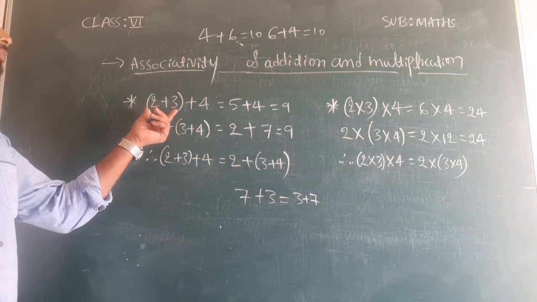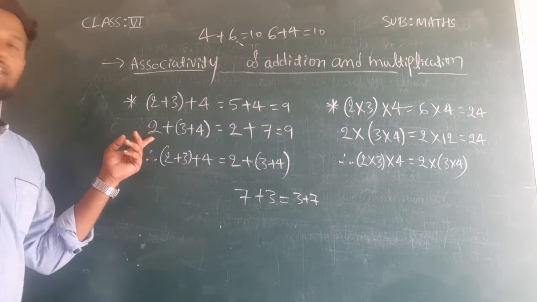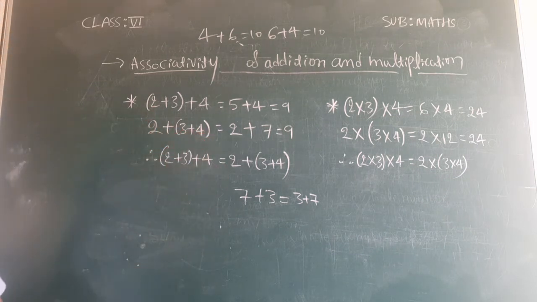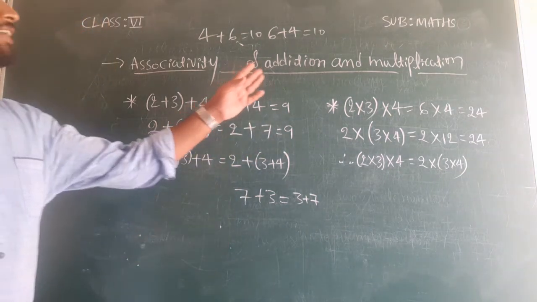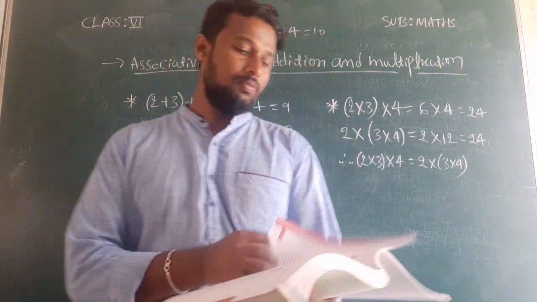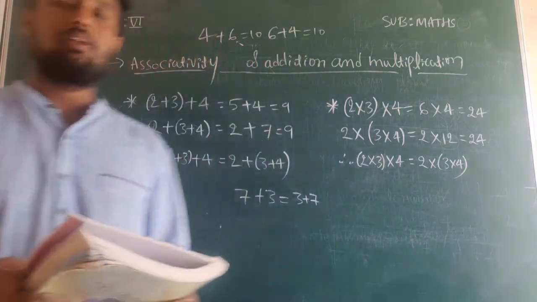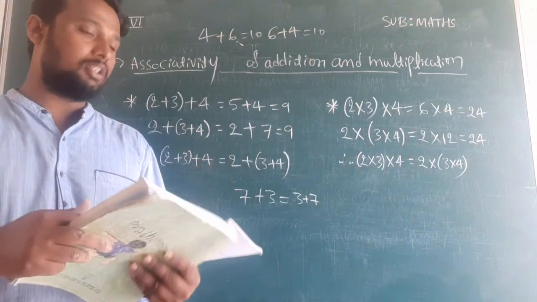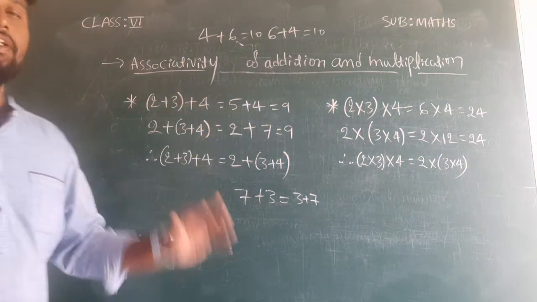In the first case we will consider a bracket for the first two values and the next value we will consider separately, and here in the second case we will consider the first value separately and the next two values inside the bracket. In both cases we will get the same answer. Therefore this is associativity of addition and multiplication. Okay, remember these properties and write some examples on your own. Write some examples for the addition and multiplication commutative property and the addition and multiplication associative property.